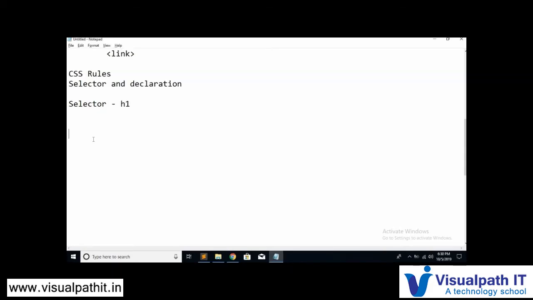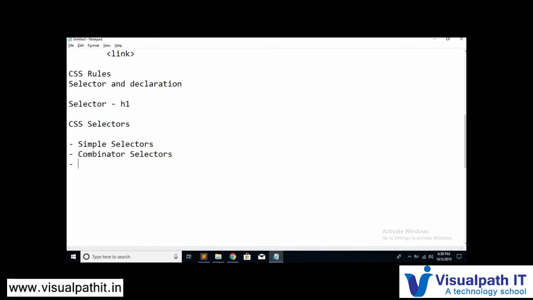Now let's talk about this topic, CSS selectors. The CSS selectors are used to find or select the HTML elements you want to style. We can divide the CSS selectors into 5 categories. The first one is the simple selector. The second one is the combinator selector.